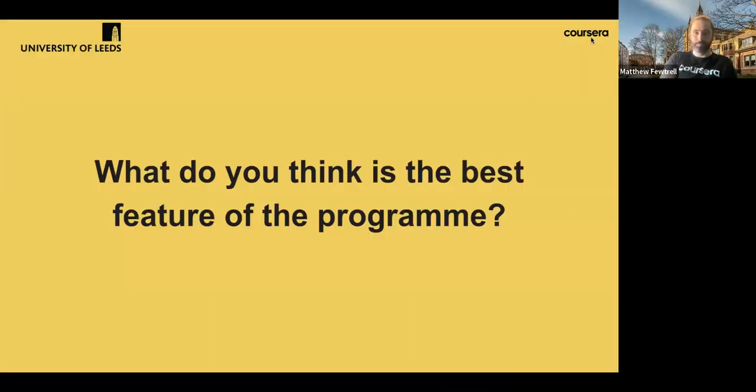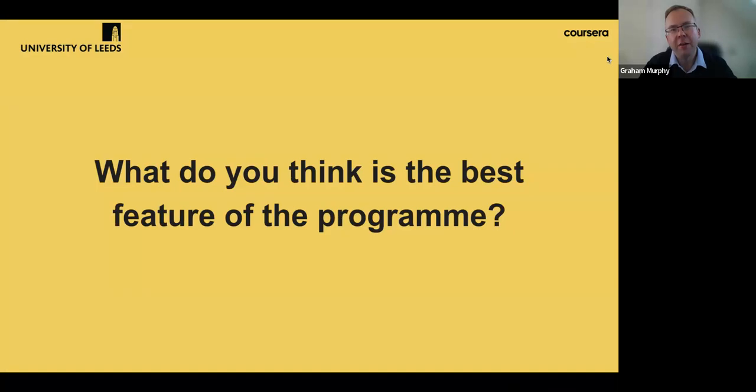And Graham, what do you think is the best feature of this program? Well, I think there's a hint in the title. The title is Data Science Statistics. I think one of the key features of the program is that it combines a foundational coverage in data science topics, programming and EDA and statistical methods and statistical learning, machine learning.